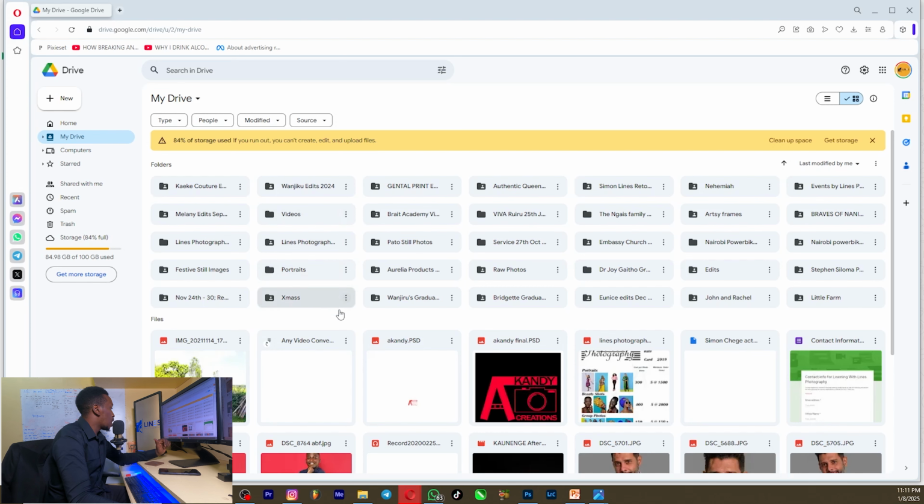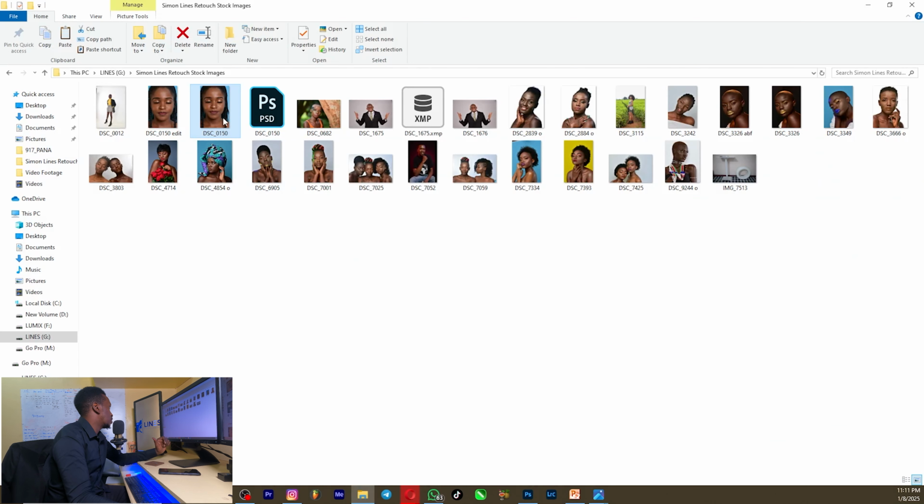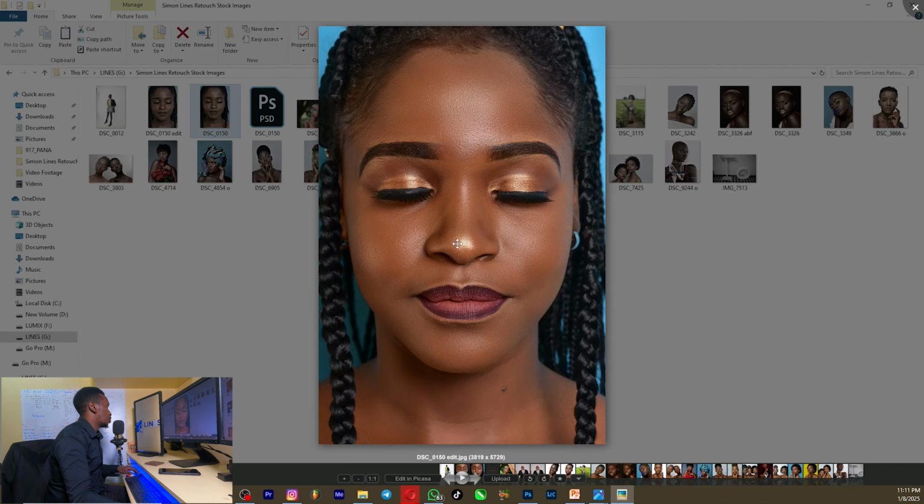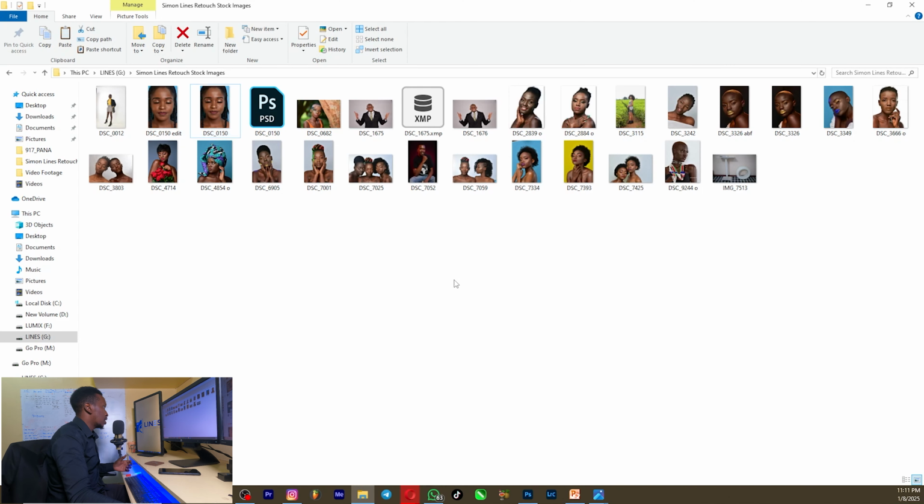Then go back to where the photo is. Here is my edited photo. So this is the original, and this is the edit. So let me assume I was doing a number of photos, and after I'm done working with them, I'm going to put them in a folder. So I'm going to make a folder,